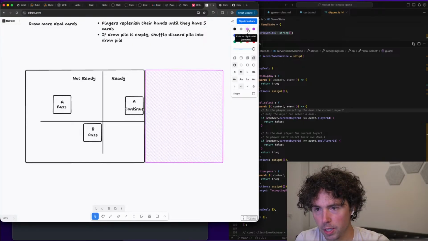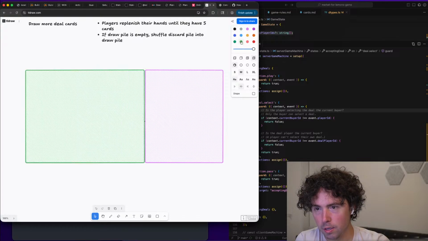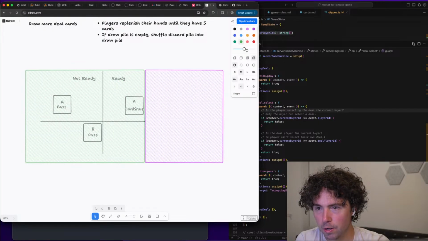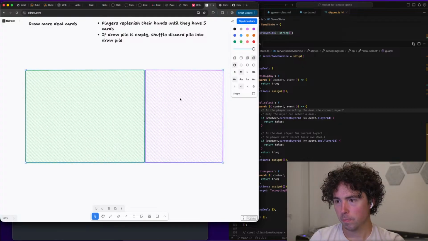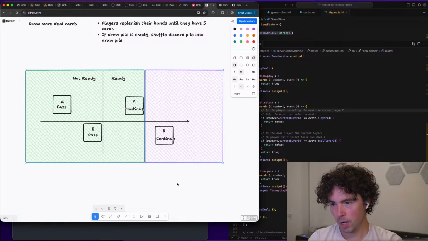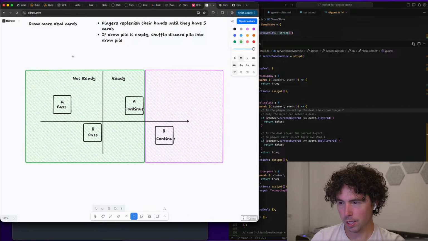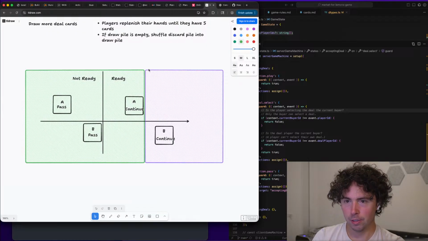This will be purple, and this will be green. What makes these transparent? This, right? Or I guess let's just send them to the back. There we go. Okay, so this state is